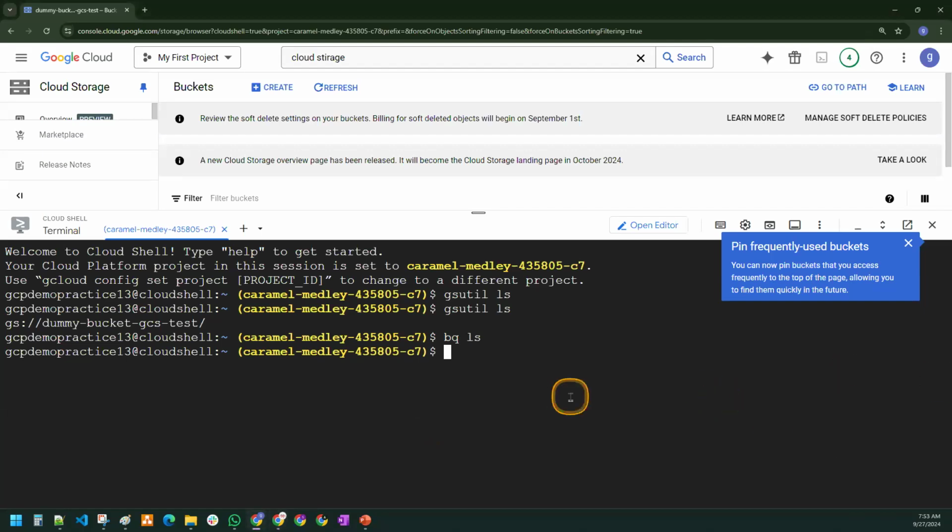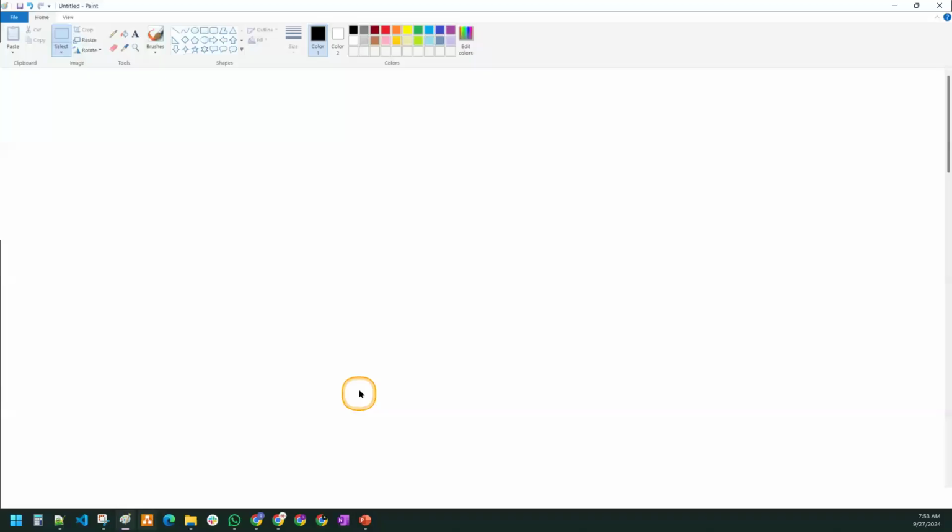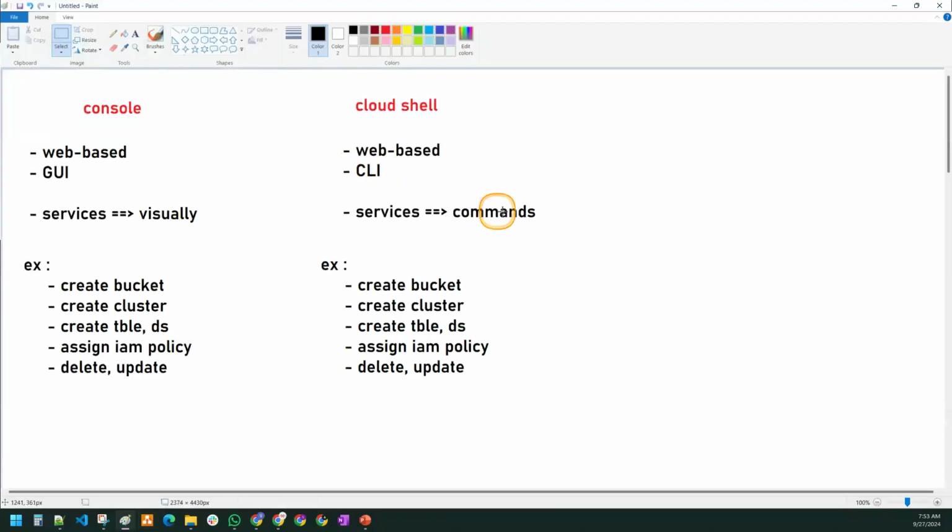But try to understand what a Cloud Shell is: a command line interface to interact with the GCP services via commands. Where is it available, guys? It is available over the browser only. That's the reason I mentioned it as a web-based graphical user interface. And the third one that we are going to see is,